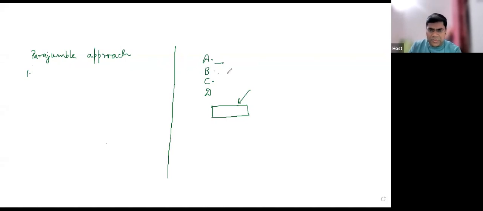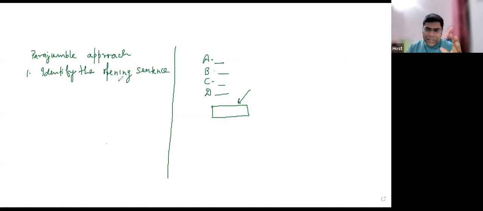So you have 4 sentences A, B, C, D, and you need to pull the sequence. First thing is identify the opening sentence. It may be wrong, it may be right, you don't know. But if this is correct, and it should turn out to be correct, identify the opening sentence. Now, what happens with the opening sentence? Sometimes the question is so tough that the opening sentence itself is difficult to identify. You start the parajumble with the opening sentence, but you don't know which opening sentence to begin with. You feel that even A can be an opening sentence, even C can be, D also looks like a good opening sentence.